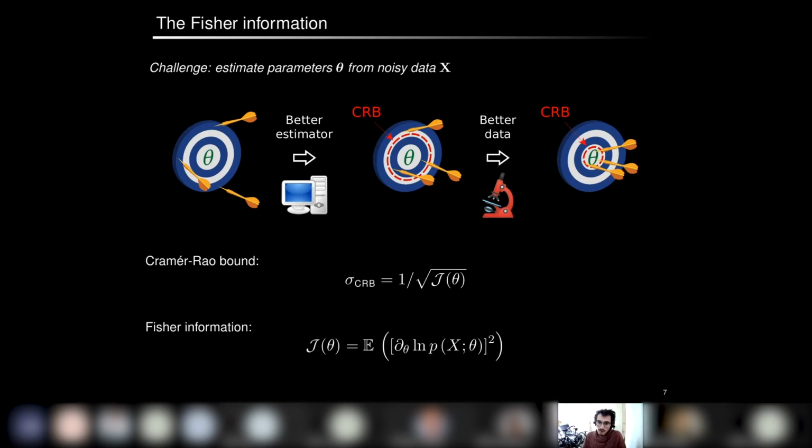So now in this talk, I will only consider the last step. I will assume that we have a good estimator, and this is sometimes true under certain conditions, and I will just consider how to acquire better data, so to get the field to interact more with the object and then to come back to the observer using wavefront shaping.